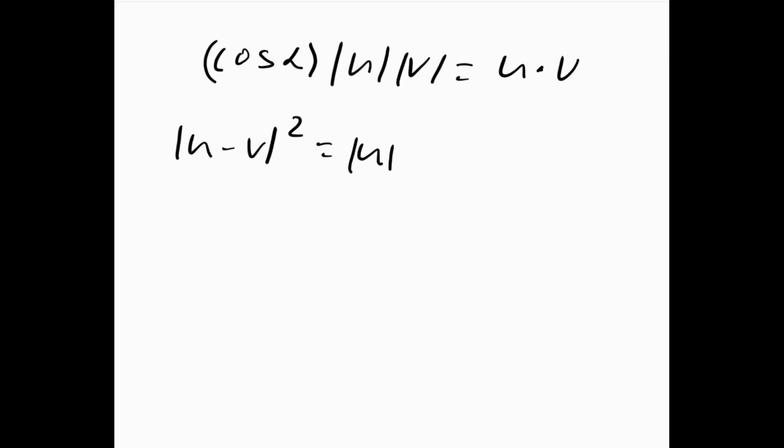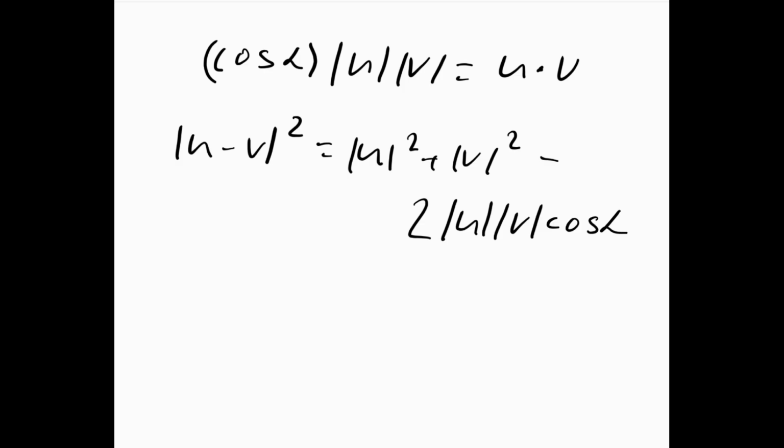It would be the u vector's magnitude squared plus the v vector's magnitude squared minus 2 times magnitude of u, magnitude of v, cosine alpha. And now we can switch around the sides. I would put this thing, which should be equal to the scalar product, on the left side, and then see what's on the right side. So what we actually have then is